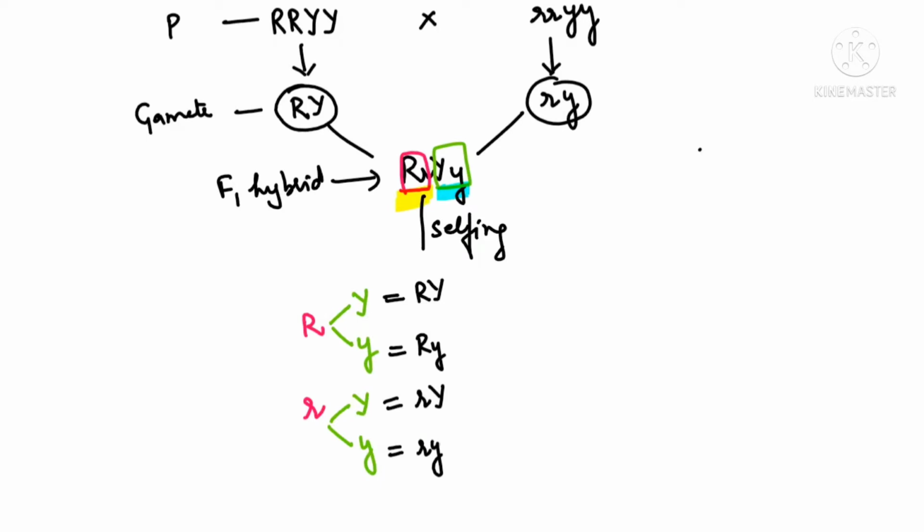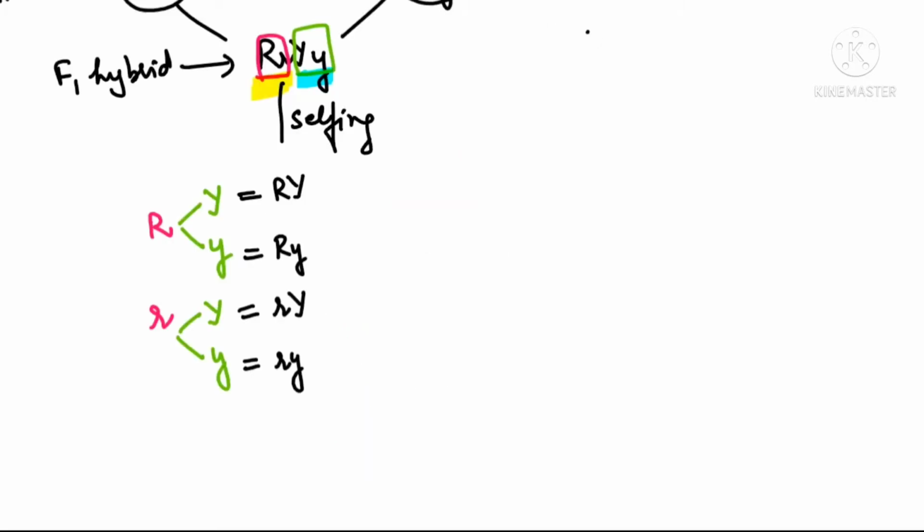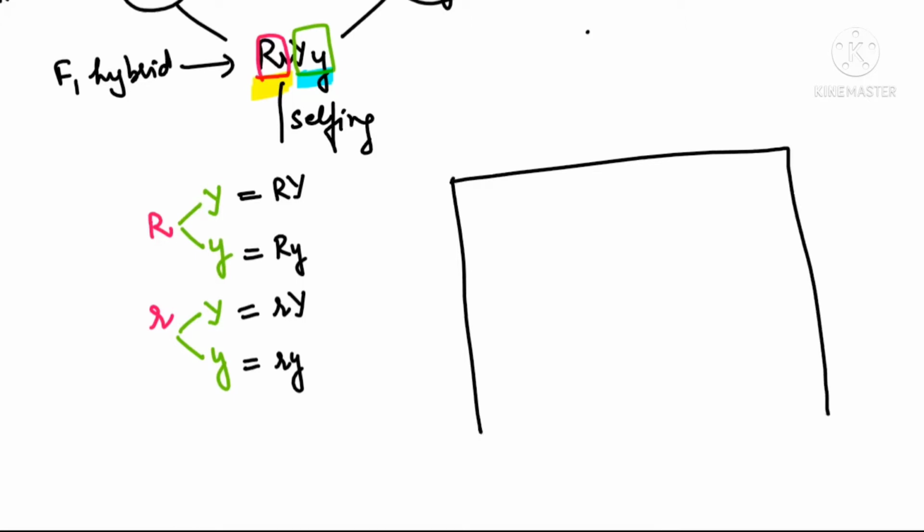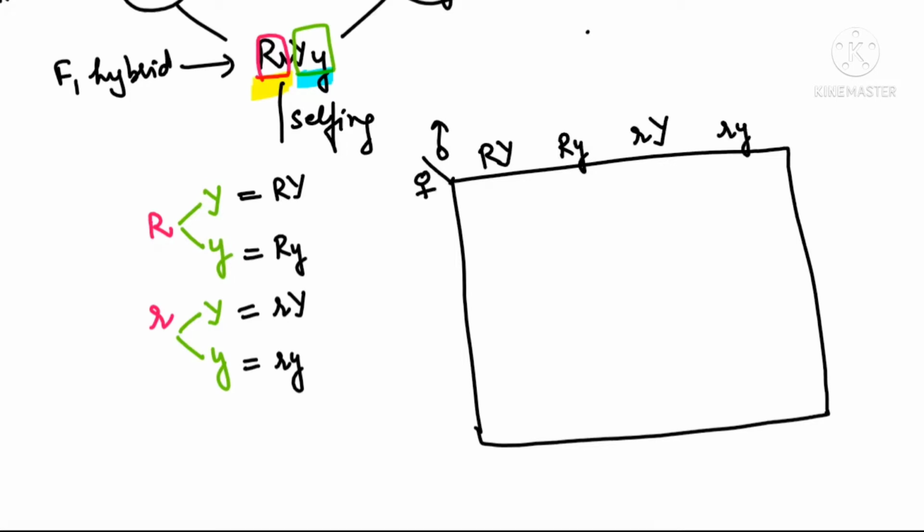Clear, beta? Now when we are saying selfing, the same male gametes will be there and the same types of female gametes will be there. So you do one thing: you make a Punnett box on the side. Okay, you make the Punnett box. See carefully, beta, and write these gametes here: upside male gametes and downside female gametes, because it is selfing. So I'm writing the gametes. See carefully. And gametes, as a rule, should be circled. So you are circling this gamete. Clear? And on this side also you have to write the same gametes.